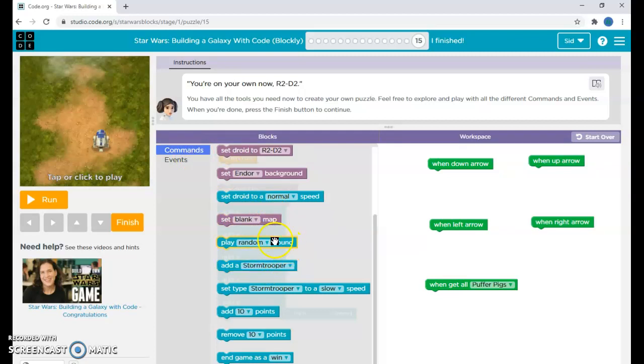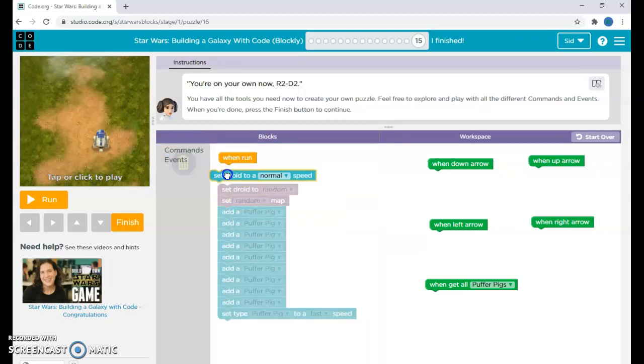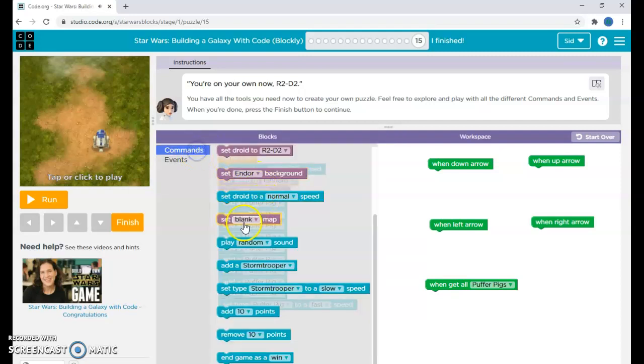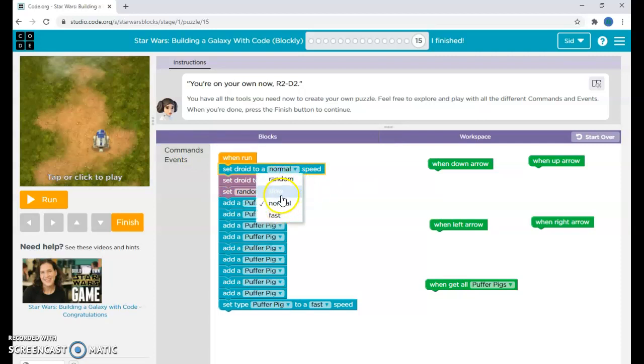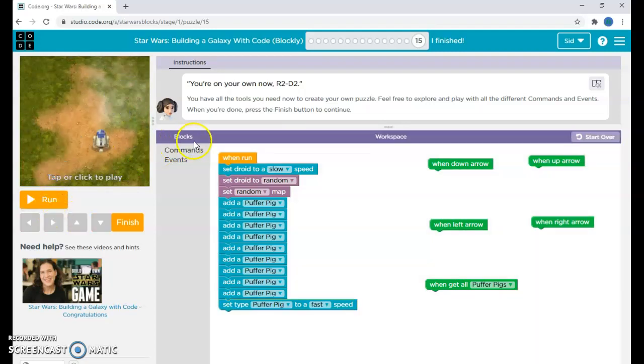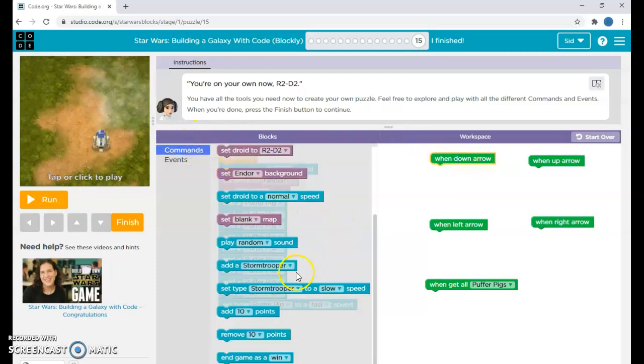Now, if you want to be changing your droid, you have to go for set droid in the commands. So if you look, you'll say set droid to a normal speed. I'm going to keep this slow. So if I press run, you'll see all the Puffer Pigs are moving, but my droid isn't moving, and you might be wondering why isn't it moving? Well, this is because I haven't done, like, when a key is pressed,